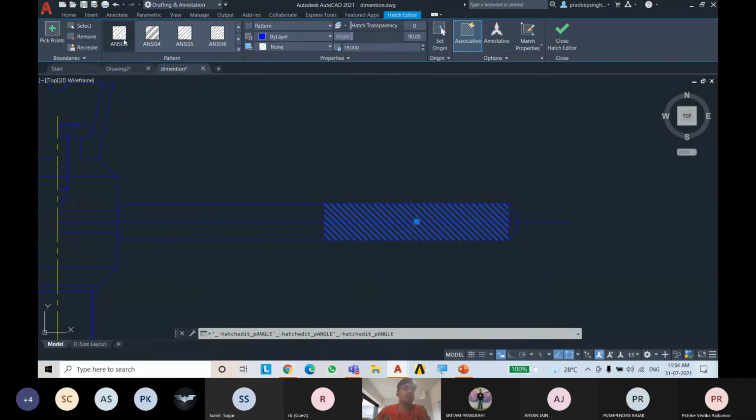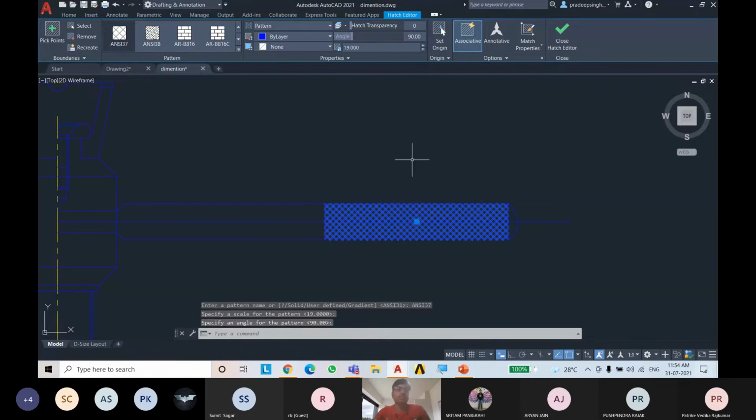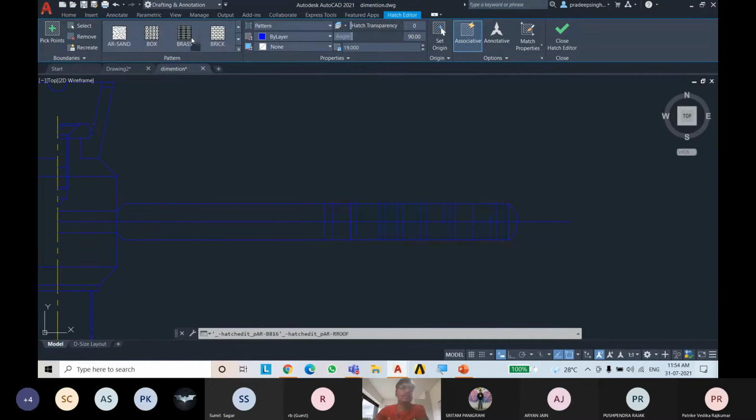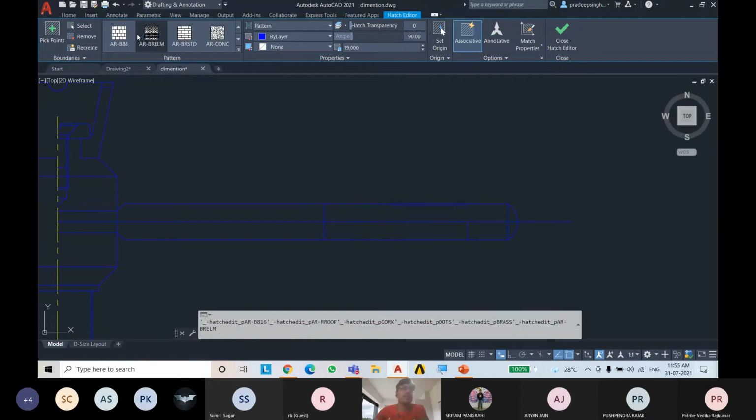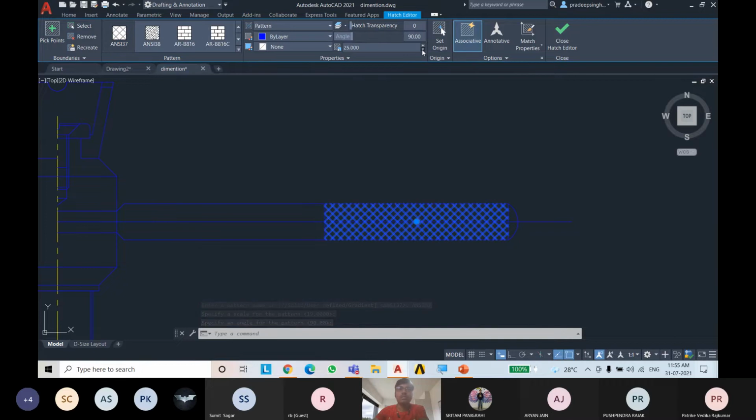For that, we should go to NC37. Select NC37. You can see the cross-like pattern. You can select different types of patterns according to need. I will be using NC37 only. You can change the gap with this scaling.